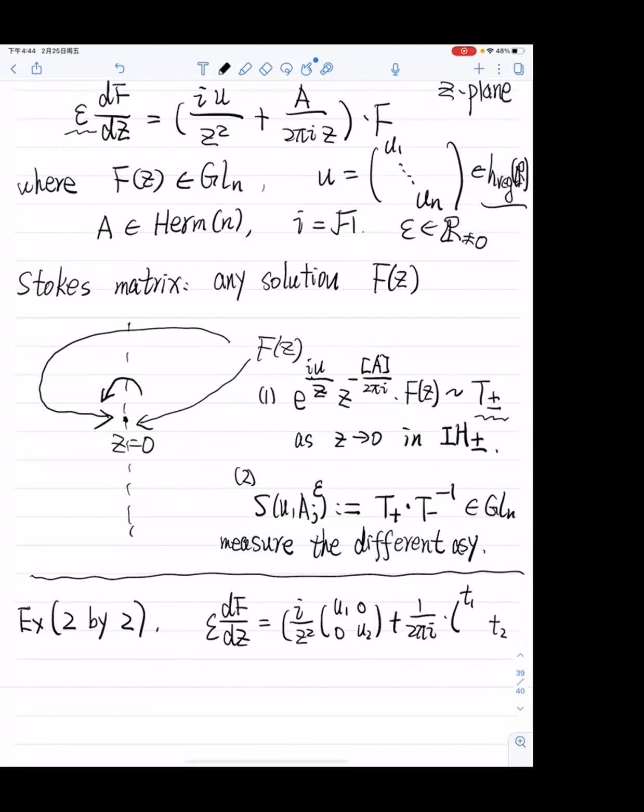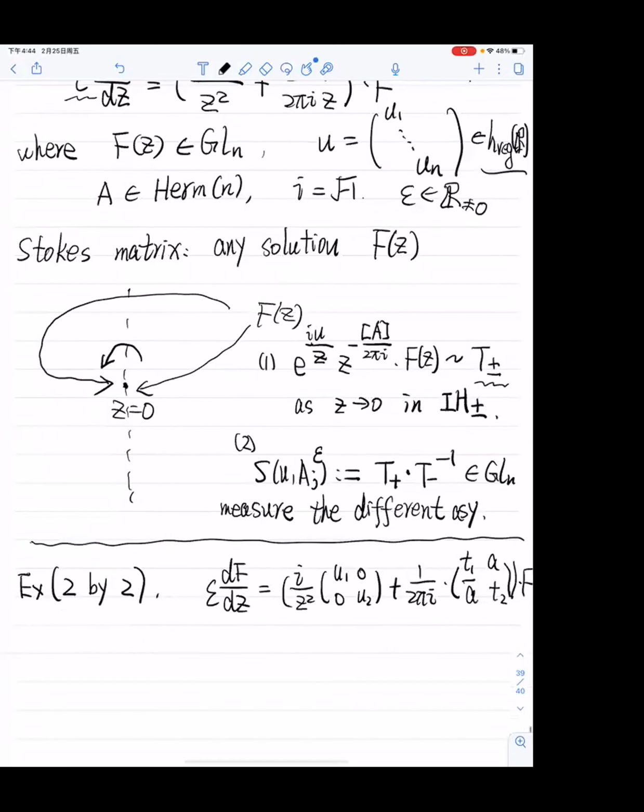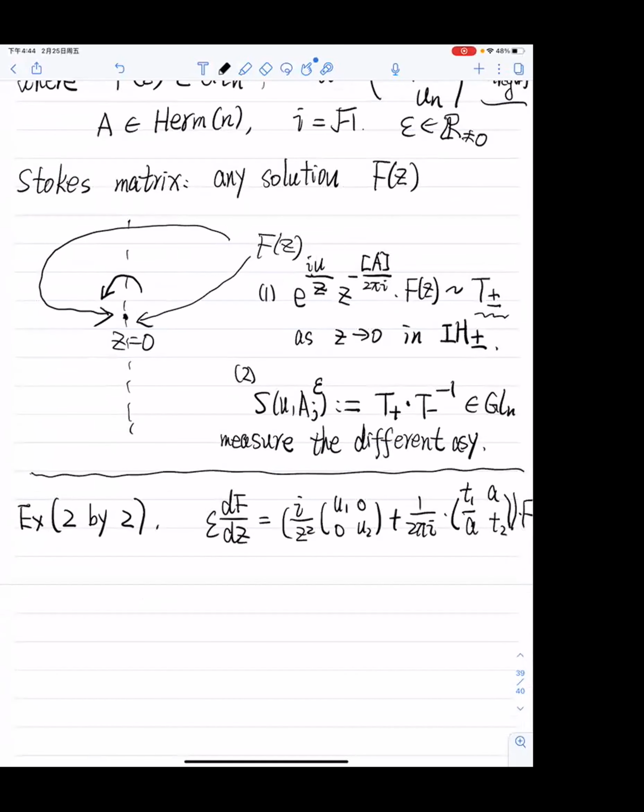So you have some real diagonals and A, conjugate of A, times F. One can rewrite this as a second order equation, of Schrödinger equation type, and then one can write down the solution directly using the Kummer function. Eventually, by the known asymptotics of the Kummer function, or confluent hypergeometric function, one can easily find that the Stokes matrix in this case